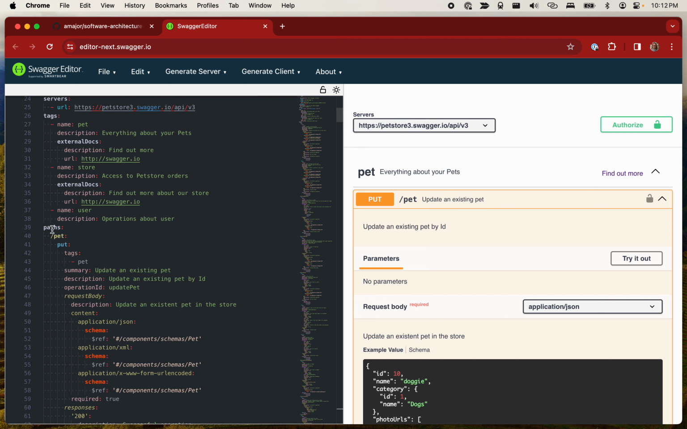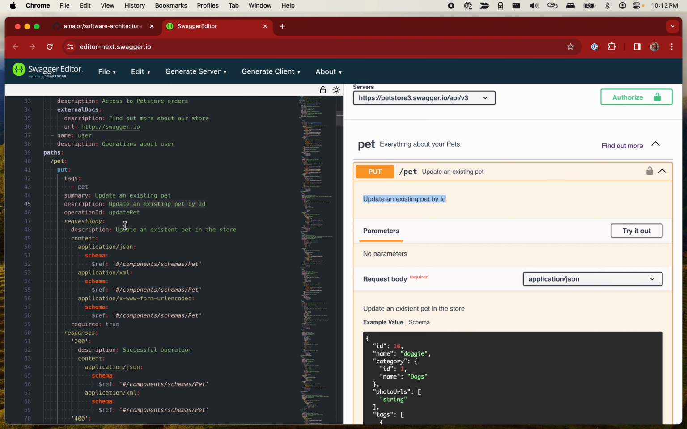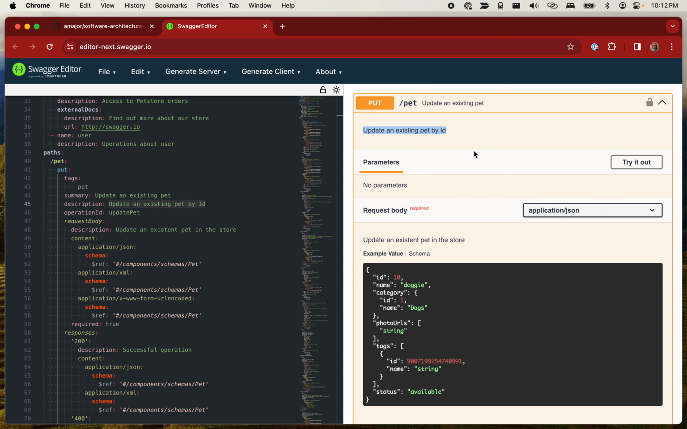YAML file. So in our path pet, you can see put, and if there's tags involved in it, you can see that. You can see a summary. The summary is to update an existing pet, and the description is update an existing pet by ID. So here you have those two descriptions, and then if there are any parameters, they would show up here. And then we have basically stubbed out examples of what will happen, and that gives us this interactive